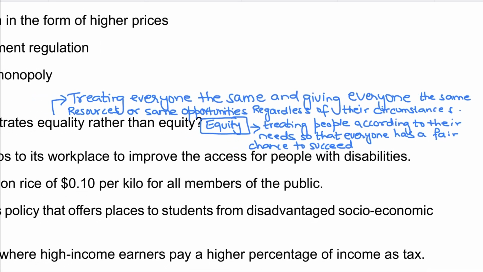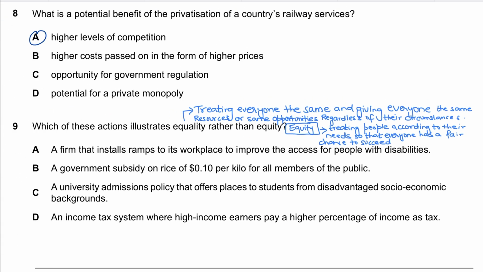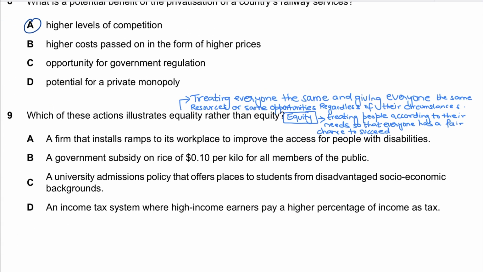to succeed, right? So for example, if a government is giving every student the same scholarship irrespective of their income level, that's equality. But if the government gives a larger scholarship to poorer students who need it more, as compared to a smaller scholarship to rich students, that's equity, because poorer students need more help. So in simple terms, equality is about sameness while equity is about fairness, right? As far as question number 9 is concerned, if you look at option A, that is wrong,